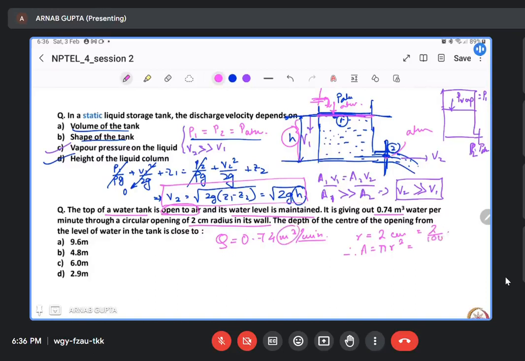So 2 divided by 100 meter. So 2, the area is,